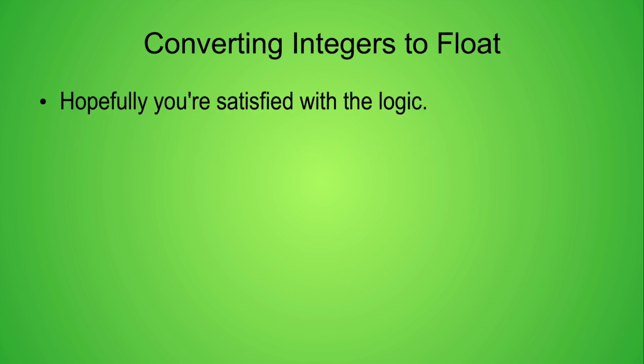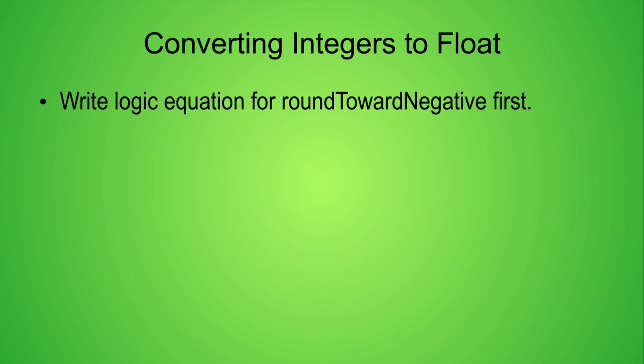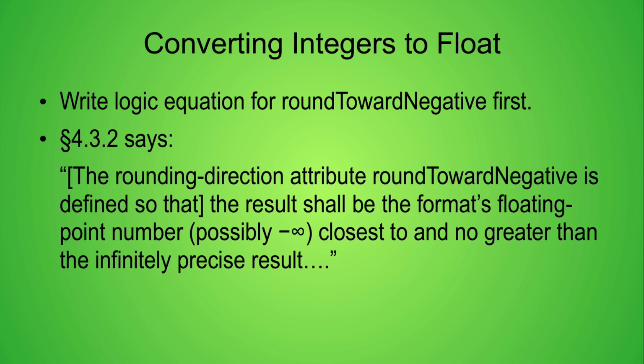Hopefully you're satisfied that the logic equation correctly determines how we round for the round ties to even rounding attribute. For now, I'm skipping past the rounding mode round toward positive because the round toward negative attribute is just a little simpler. You'll see why when I talk about round toward positive. In section 4.3.2, the IEEE 754 specification says, the rounding direction attribute, round toward negative, is defined so that the result shall be the format's floating point number, possibly negative infinity, closest to and no greater than the infinitely precise